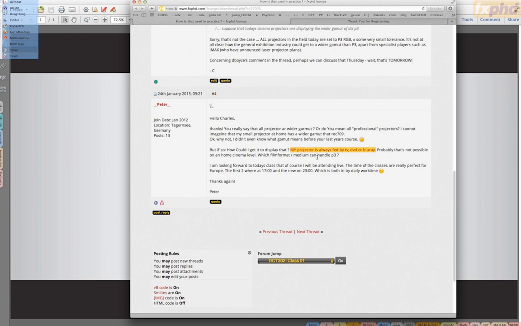But the other thing you can do, you can potentially get the assistance of a calibrator to set up your lower cost non-D Cinema qualified projector to be wider gamut than 709, and you know what the gamut is and you know what the primaries are. And you would do that by calibrating the projector to a color space wider than 709. But with a commodity projector that you might use in a VFX facility, like a sub $20,000 projector, it probably will not go out to DCI P3, but it still might be useful for working space if you're working on VFX for a movie.